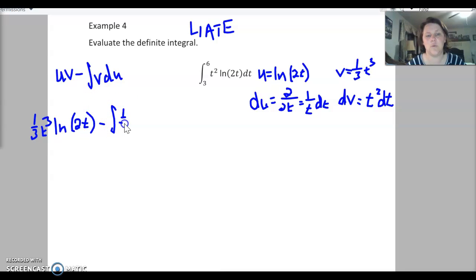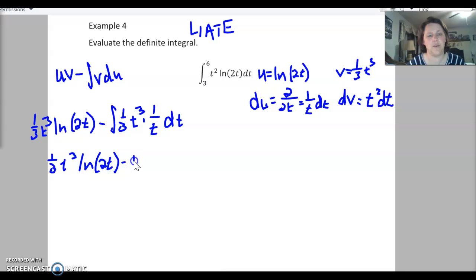So v is 1/3 t cubed times du, which is 1 over t dt, since that simplified the 2 out. So we've got 1/3 t cubed natural log of 2t minus, we can pull out that 1/3 times the